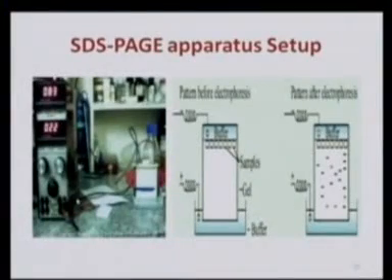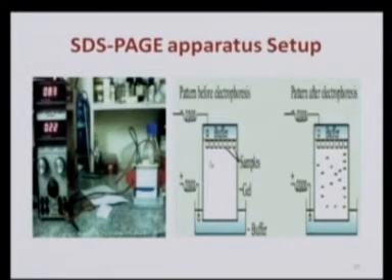Here you can see what the system of electrophoresis connected to the power pack looks like. In this image on the left side you can see a power pack, and this is the electrophoretic apparatus, and the blue band you can see is nothing but your tracking dye, which is moving from top to bottom. Once this tracking dye reaches the bottom of the glass slide, you are going to stop the flow of current and remove the glass plates from the electrophoretic chamber.